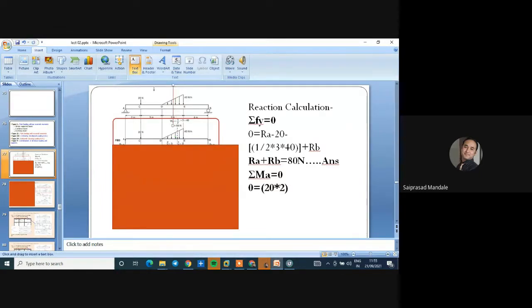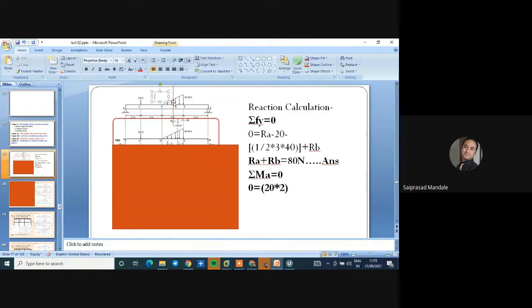So this is 2/3 of length, and from this, 1/3 of length. So 2/3 of length means from minimum intensity, CG will lie at a 2/3 of length distance, and from maximum intensity it acts at a 1/3 of distance. My point is, this line will be located at 2/3 from D of length.